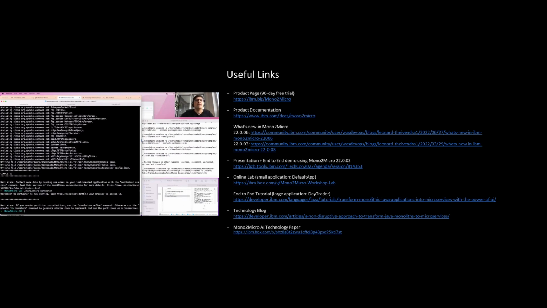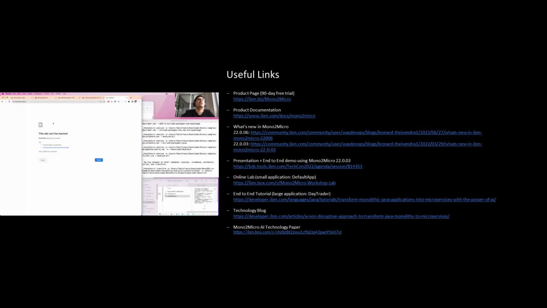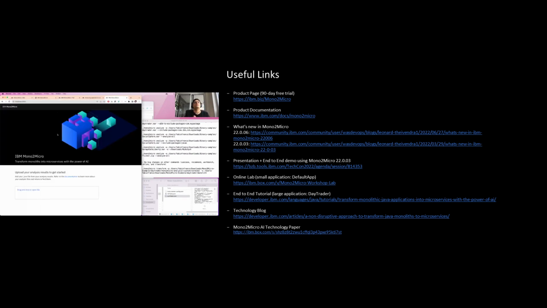Here is the address that I can go here and access the Mono2Micro. And as part of the example that we provide, the one that I showed before that I downloaded, I can see, for example, some samples of previous analysis, like this